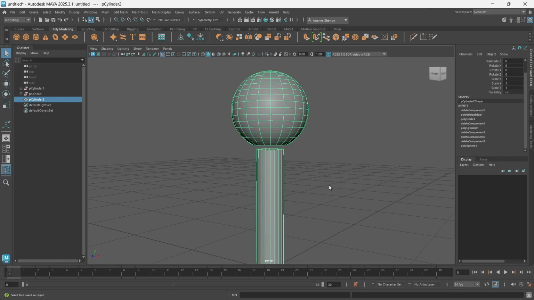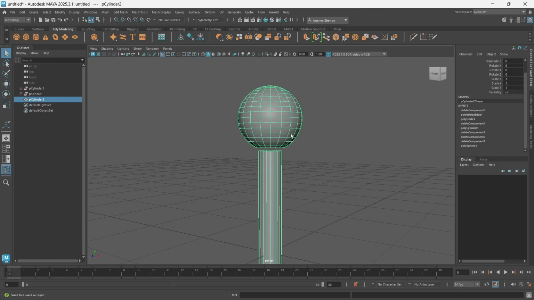Once you're done modeling a specific thing, once you're happy with it, you want to delete the history so that this stuff is not there and your model is clean. Apart from this, you can also see that when we combine this object, so I combined this object earlier, it's created some additional elements in the outliner which we don't want either.